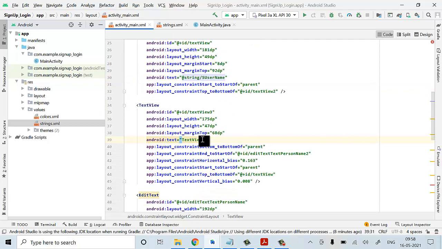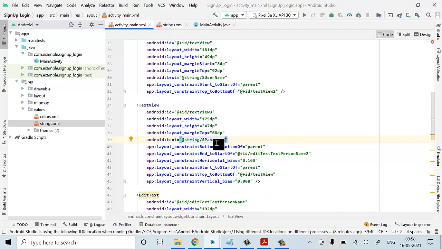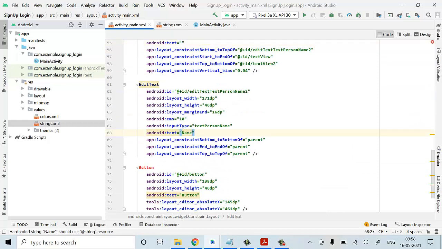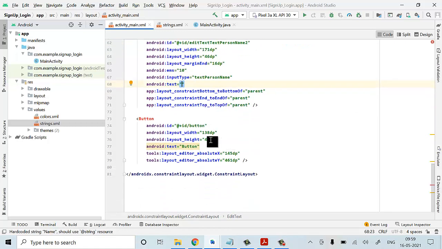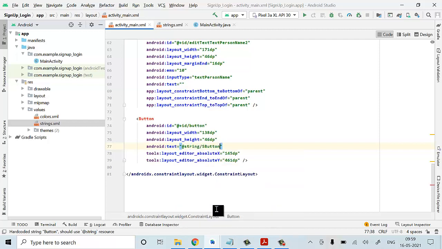Same way here also we have a text view. So what I'll do, I'll take at string. Now we have to click on the password. So yes, password I have given. Now we have to give here name. We don't want any name, just I'll give it as a blank here. Here also I'll give it as a blank. Now here I have a button, so I'll write it as a sign up. So at string, you can check it out here. Sign up it will be. Yes button. Yes button is there. No, that you can click on it.